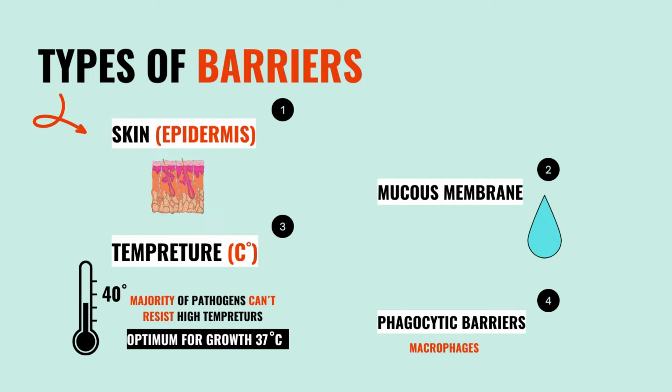However, when the temperature reaches 40 and above, of course, at this point it's important to take anti-inflammatory drugs in order to lower that temperature, because exceeding 39.5, 40, we are putting our brain at risk of irreversible damage. Not to forget phagocytic barriers, which are the soldiers of innate immunity and the first line of defense,